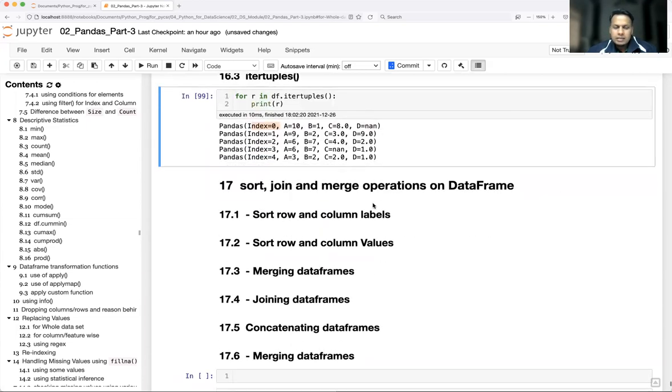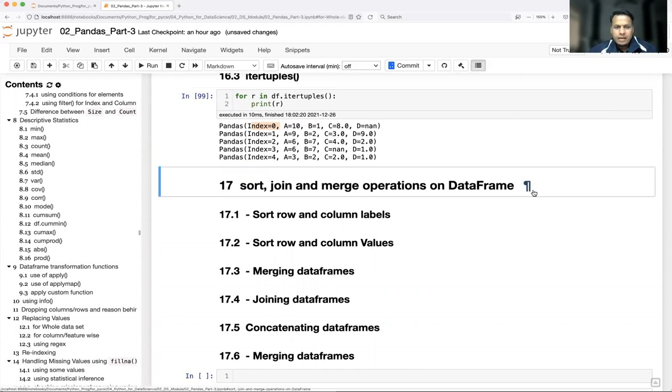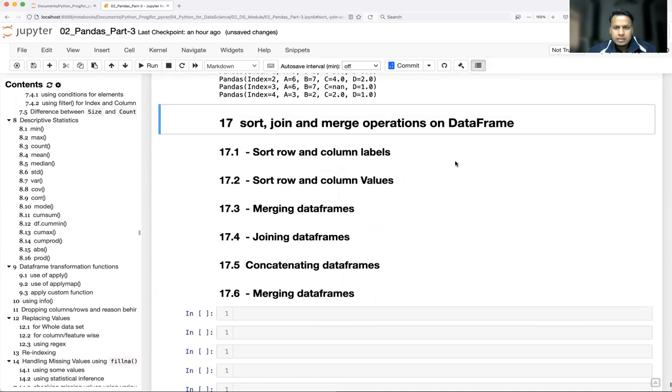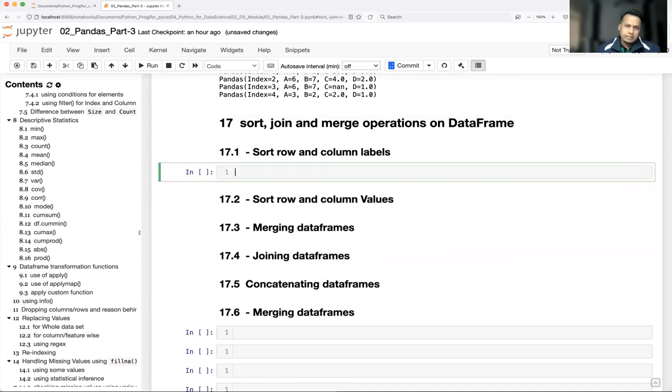Now let's see how to apply sorting, joining, and merging over a data frame. First we'll see sort. I'm going to create one particular data frame here. A equal to random.randint, let's say between minus 5 to 20.